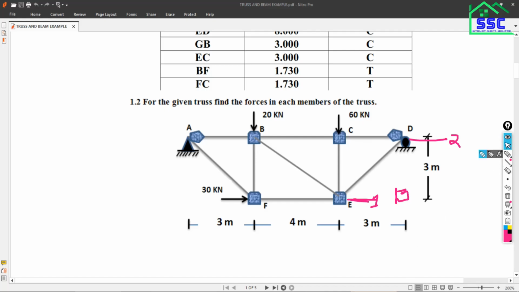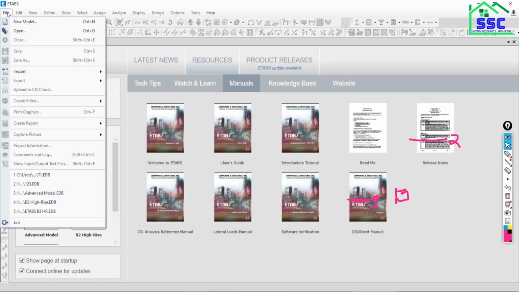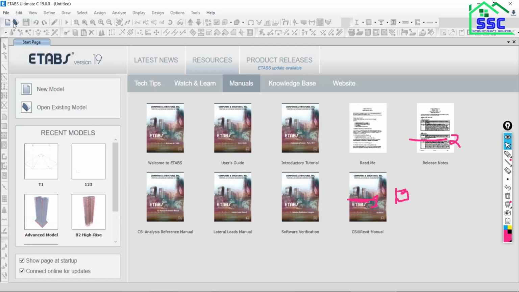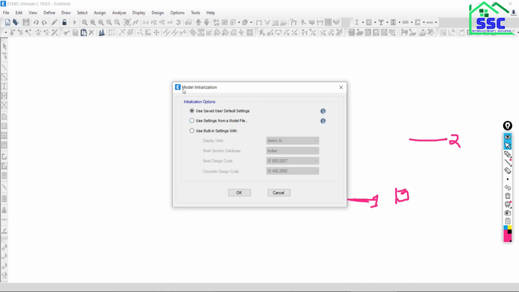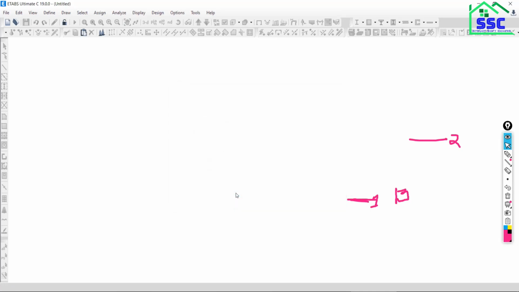Okay, so just go back to the ETABS software and go to File, then New Model. Once you click on New Model, a dialog box will open under the title of model initialization, and you are all aware of these options. Go with the third option and say OK.